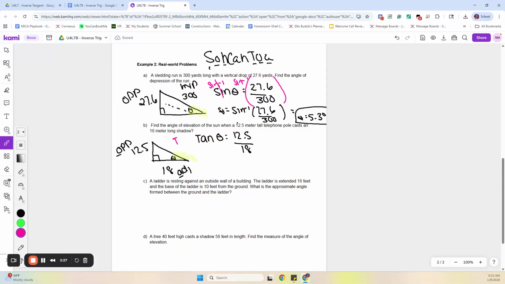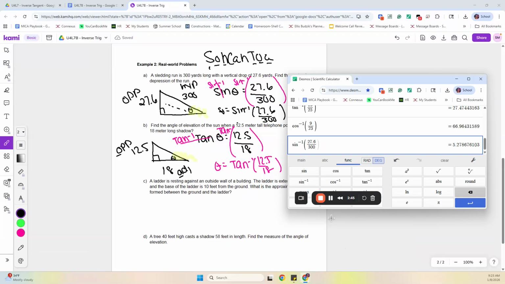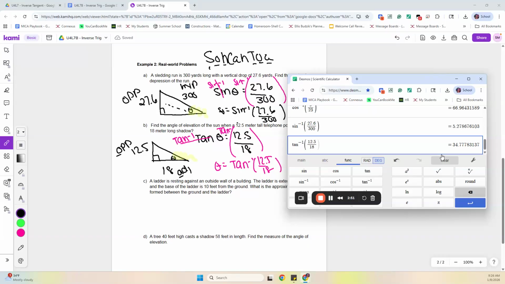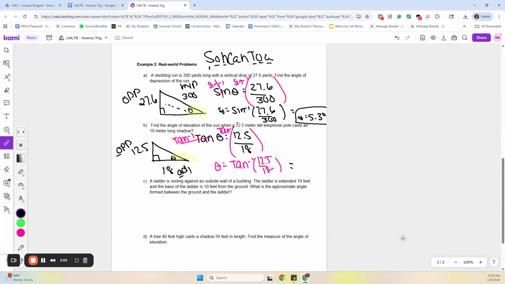So we're going to do tan inverse. So our theta equals tan inverse of 12.5 over 18, which is about 34.8